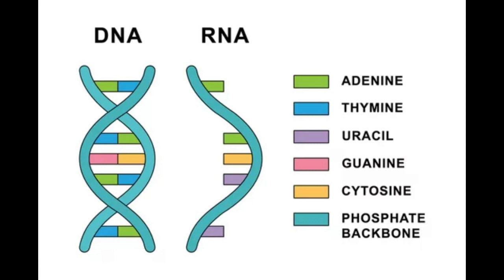4. Nucleic acids. DNA and RNA molecules consist of nucleotide monomers linked by phosphodiester bonds. Nucleotides comprise a nitrogenous base, adenine, guanine, cytosine, thymine in DNA, and uracil in RNA, a 5-carbon sugar, deoxyribose in DNA and ribose in RNA, and a phosphate group. DNA adopts a double helix structure with complementary base pairing, AT, GC, while RNA typically exists as a single-stranded molecule.